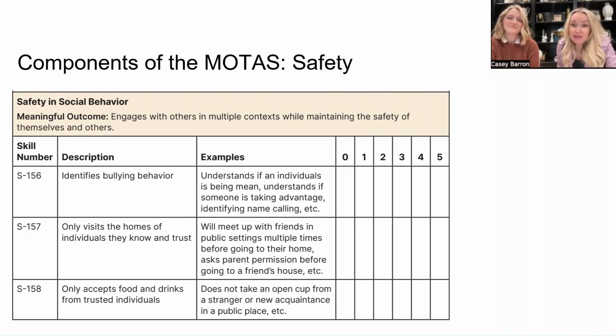In addition, we added safety into a lot of the domains because we wanted to make sure that safety was a priority. And it looks different for some of those domains, like when we're doing leisure skills, it might be outdoor safety. It might be how to cross the street, making sure that those are safe. But if you look at this one for social skills, it comes down to bullying. So being able, because when you think about safety, it's so broad. And having that in the different domains was very necessary in order to really pinpoint what we would need to